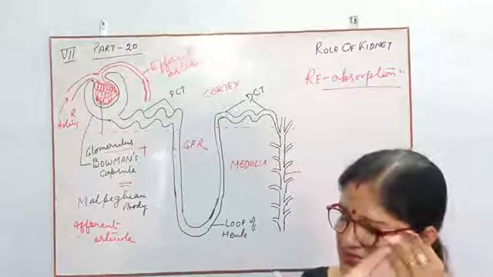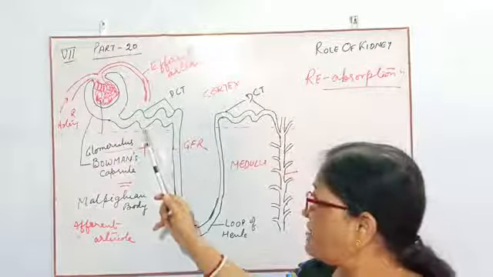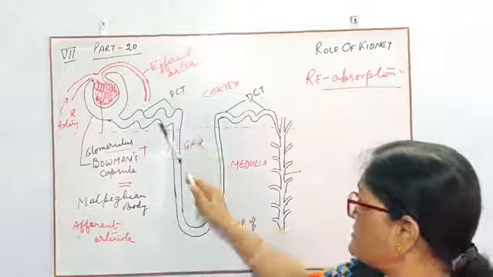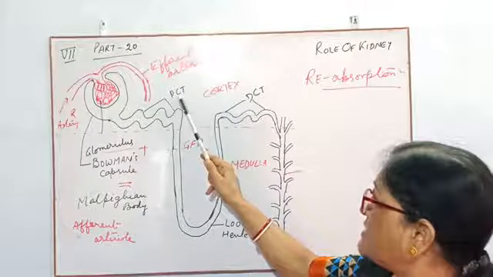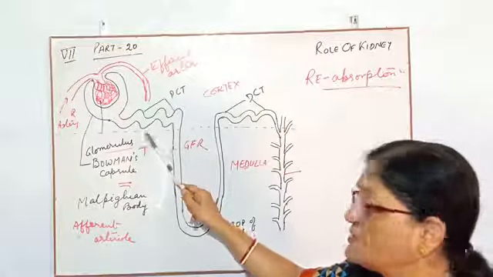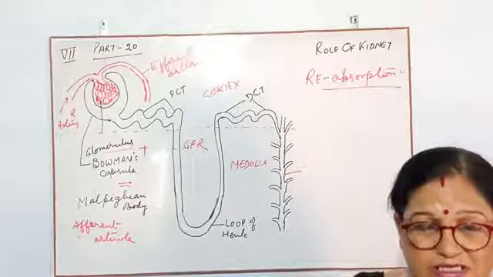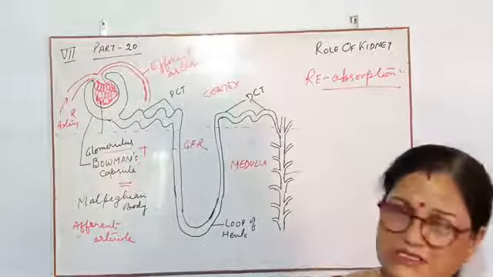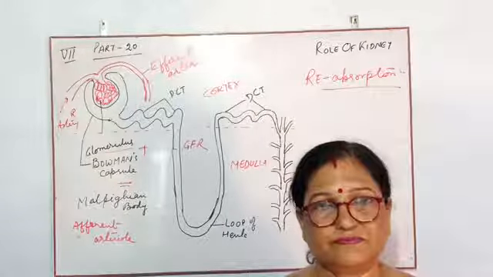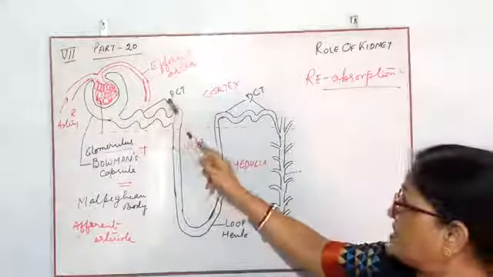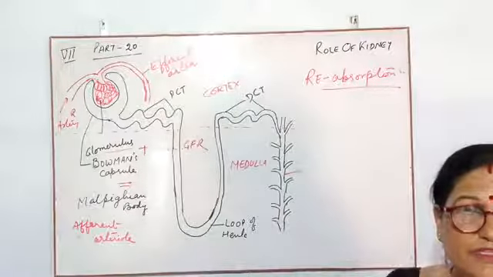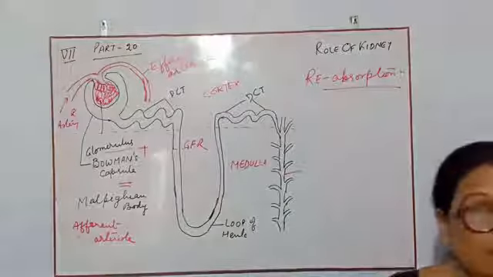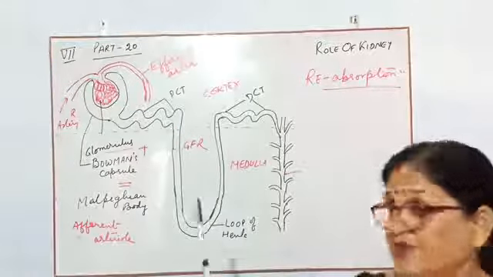If the things are essential for our body, then our body should not throw them out. So this part of the nephron, the PCT, proximal convoluted tubule, will absorb all the necessary materials, like glucose, amino acids, and some salts, along with the water. This process is called reabsorption,